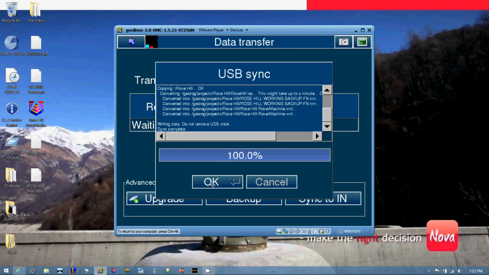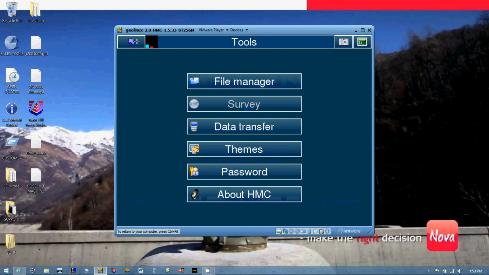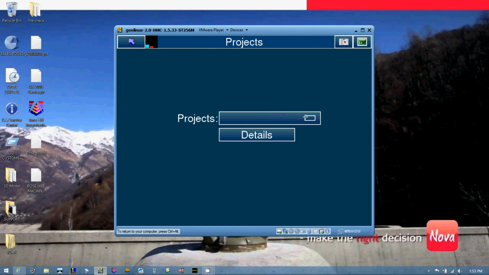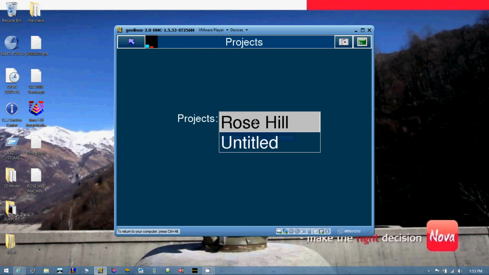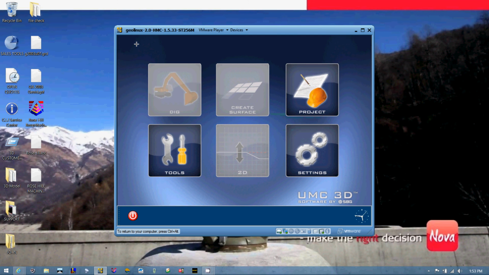So I'm going to say OK, that I'm at 100%. Back out of this screen, back out of the tools screen. Now I'm going to go to project. Click on this bar here and select my Rose Hill project. I'm going to back out of projects and go to settings,